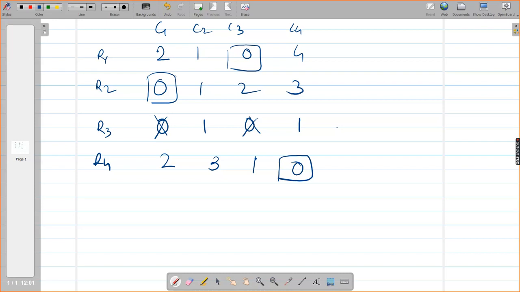Yes, ma'am. So, how to achieve these lines? See, first you tick mark that row or rows. More than one row may also have no assignment. Here only one row is there where there is no assignment. So tick that row. Do you understand this step? Tick that row where there is no assignment. You couldn't assign these zeros because there are zeros assigned above these zeros.